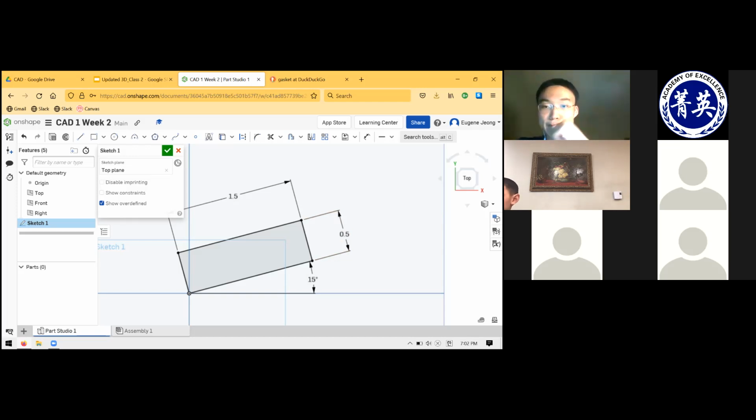Wait, how do you make it on the angle again? I forgot. Yep. So again, the important idea here is the idea that the dimension tool can do more than